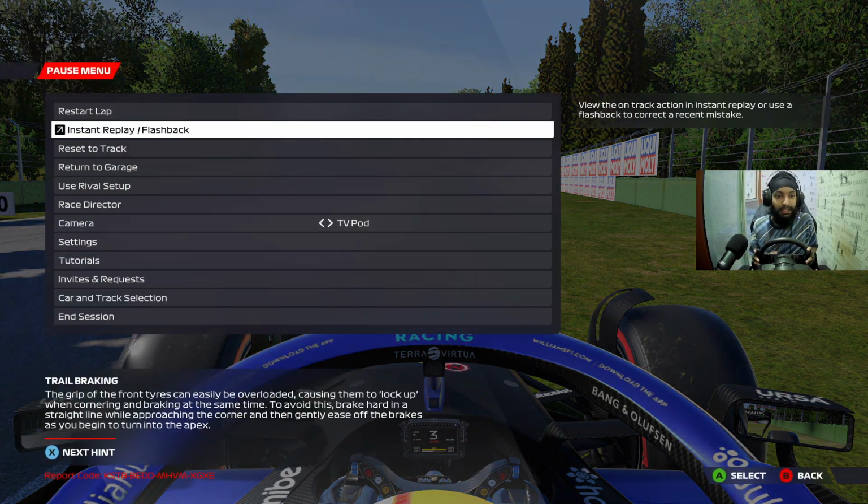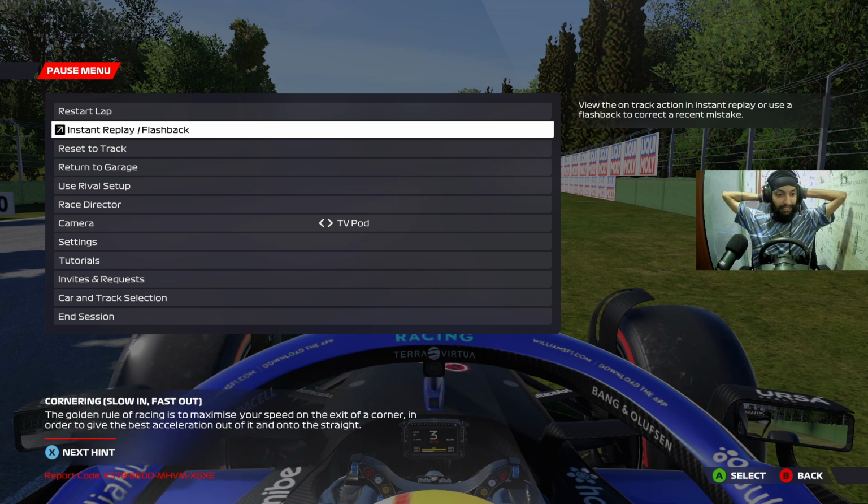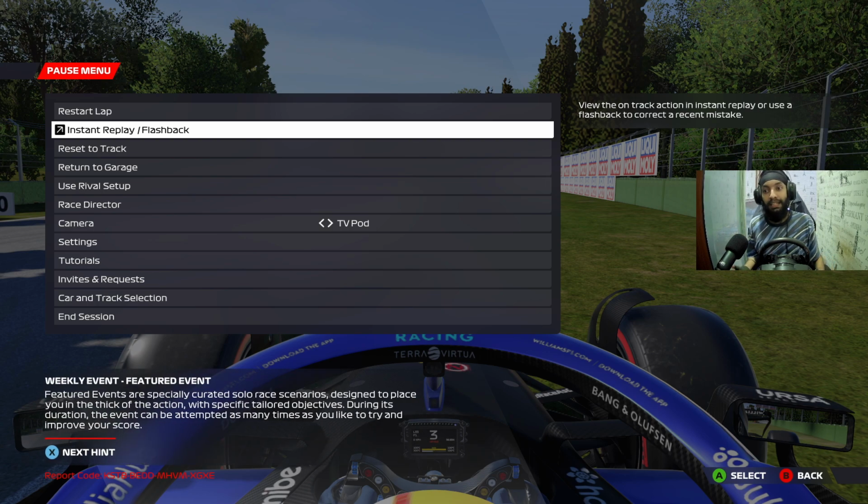So here we go. Let's get something different going on this time around, and let's see how we actually take this lap and teach you a bit of how to get a good lap here in Imola. By no means am I the best around, but you can see somewhat of the right lines you want to take. There are some corners where you can take differing lines. Maybe when you're following someone, you can take those alternate lines to get better exits. If you're going for a hot lap, most of the time you just want to yeet it into the corner